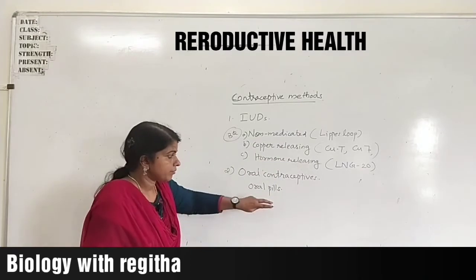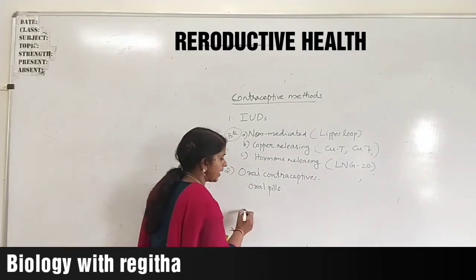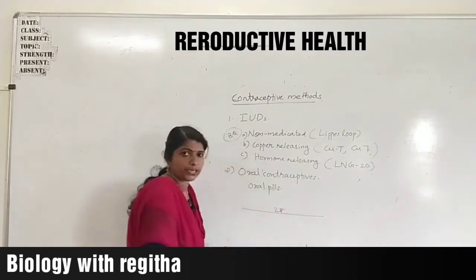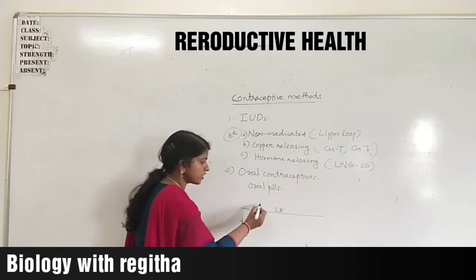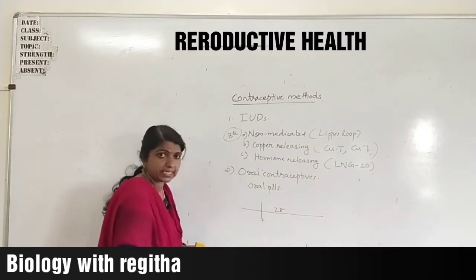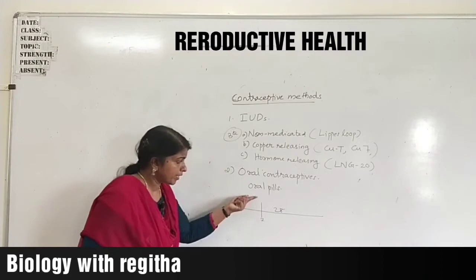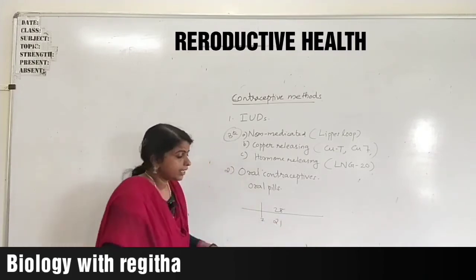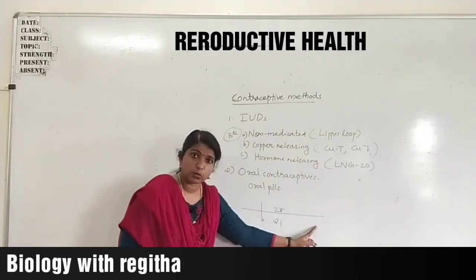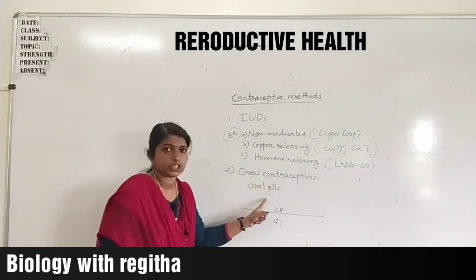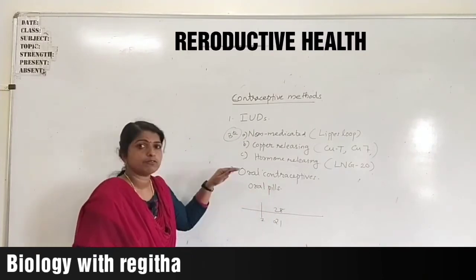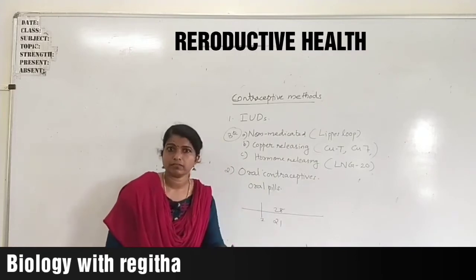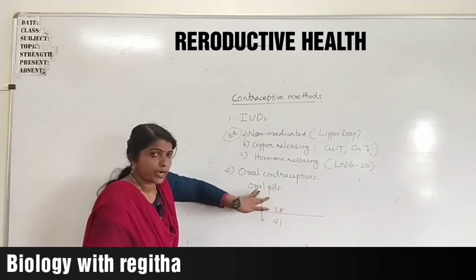Okay, and you know the entire menstrual cycle is of 28 days duration. In the first 5 to 7 days, menstruation happens during this time. Now the remaining 21 days, regularly they have to take the pills for preventing fertilization, because these pills help to prevent ovulation and other things. That is oral pills.